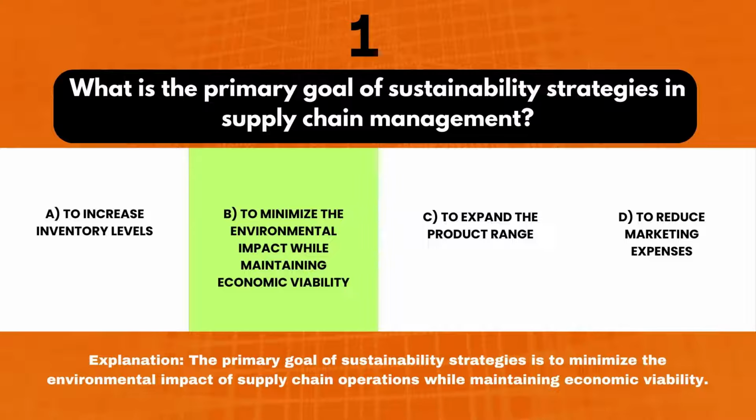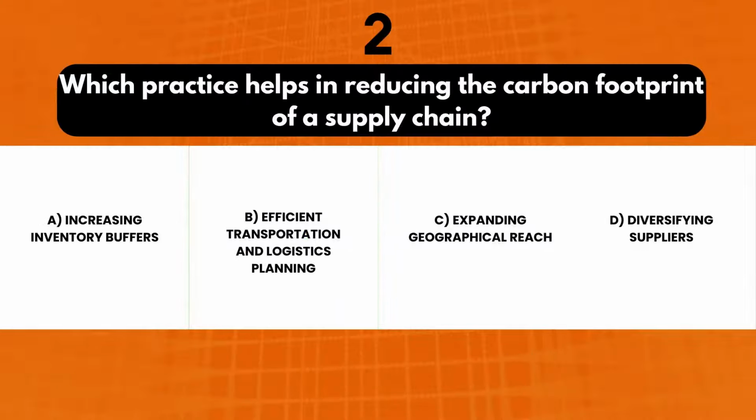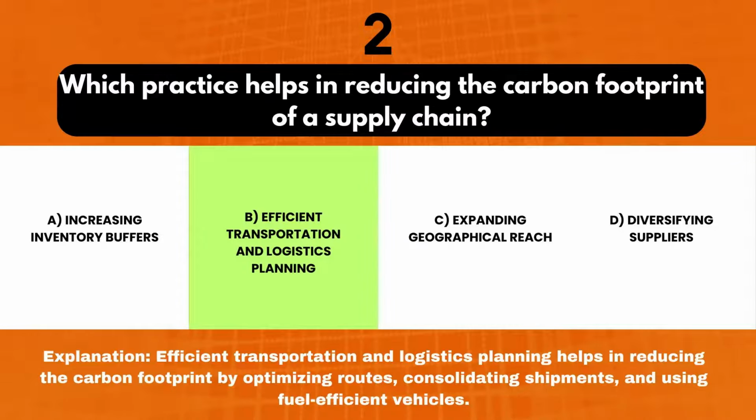while maintaining economic viability. 2. Which practice helps in reducing the carbon footprint of a supply chain? A. Increasing inventory buffers. B. Efficient transportation and logistics planning. C. Expanding geographical reach. D. Diversifying suppliers. Correct answer: B. Explanation: efficient transportation and logistics planning helps in reducing the carbon footprint by optimizing routes, consolidating shipments, and using fuel-efficient